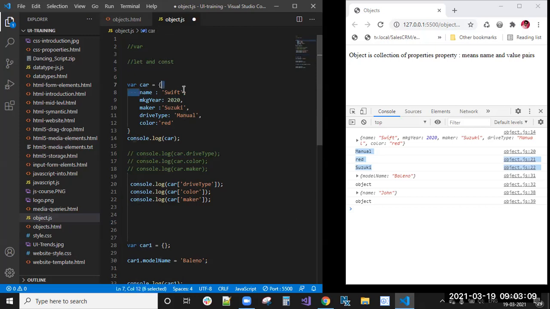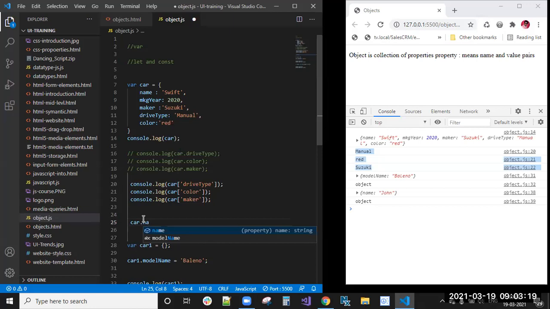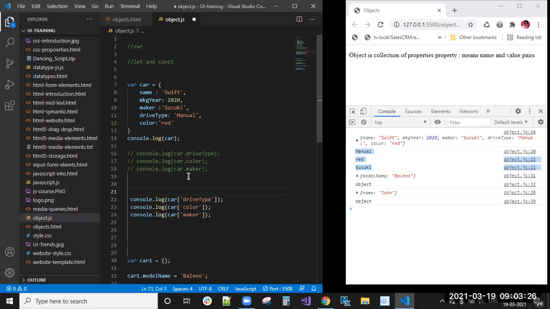And we can change the existing properties also. Already here name shift is there, right? I want to change this car name shift to another value. How can we change it? We write car.name equal to desire, instead of shift. And we can print that name in the console.